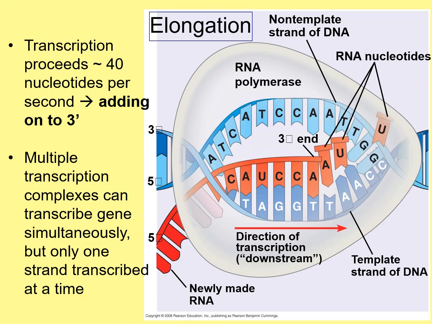So my promoter would have to start over here, and I would have to go this way. You have to go in the opposite direction, which as we can see, I would be reading G, G, T, T, A, C, C, and so on, this direction. That's what I would be reading, and I would be writing the complementary bases in RNA. So C, C, A, U, U, G, G, A, U,